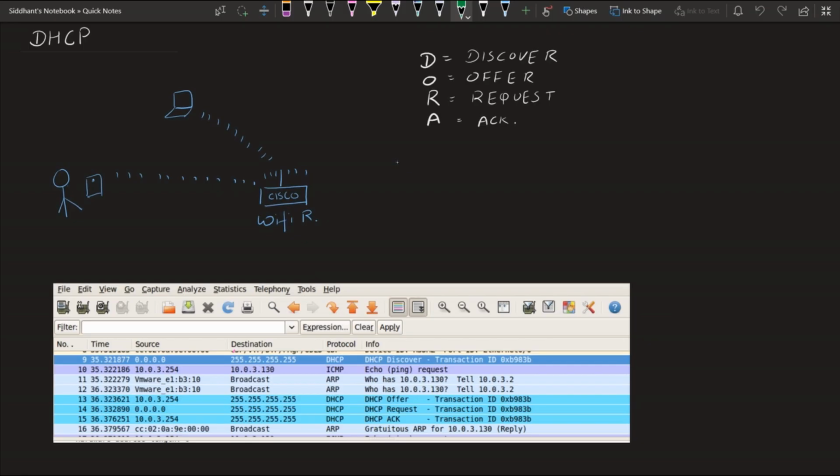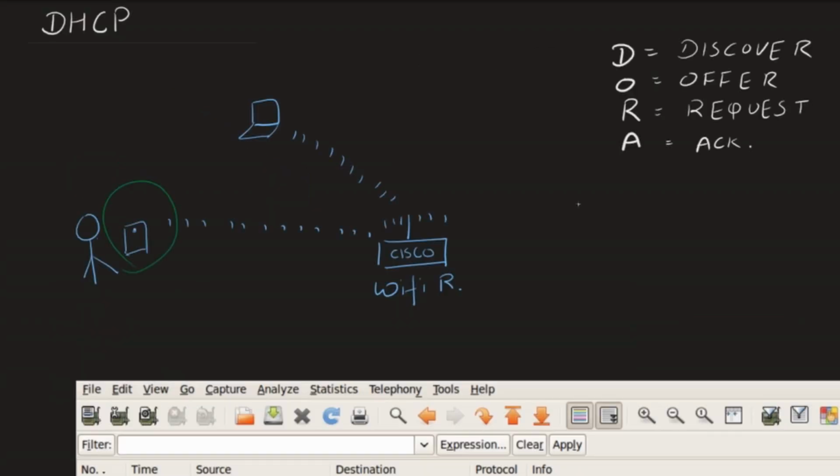We will start with an example. Suppose I have a device, a mobile phone, which wants to connect to the internet. It will require an IP address, an Internet Protocol address, which we have talked about earlier in our videos. So this PC, this mobile, or any device which wants to go to the internet will require an IP address, specifically a public IP address.